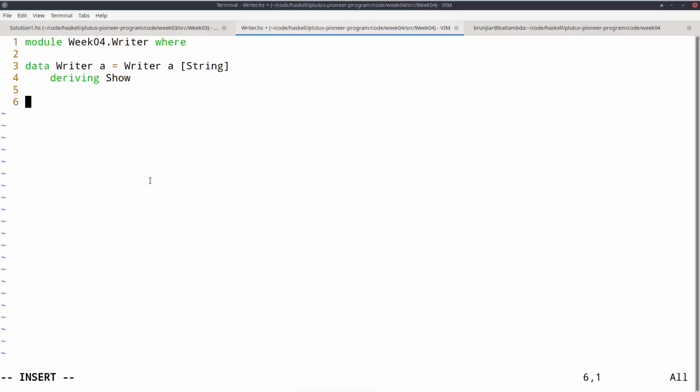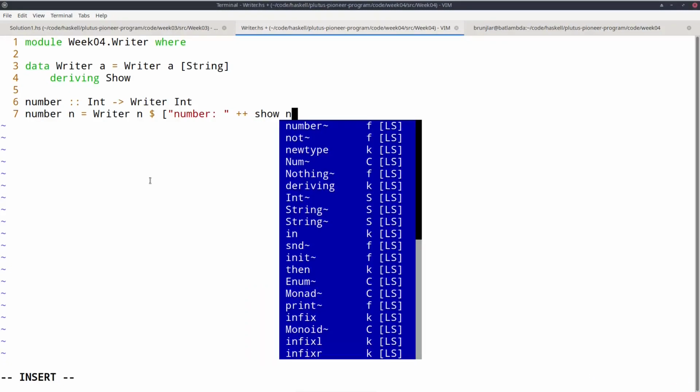And as an example, I can define a function number from Int to Writer Int, and given a number n, an integer n, we just produce that number, and as log output it doesn't matter, but we can, for example, just say number and then show n.